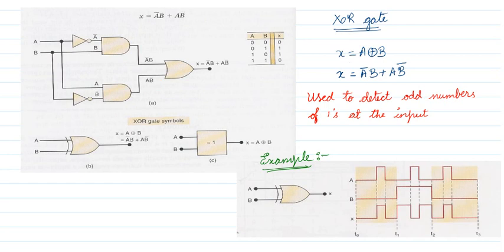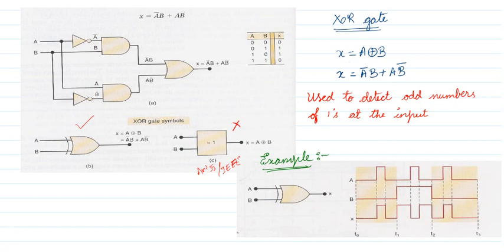This is the XOR symbol, and it should be very clear. It is nothing but an OR gate with a curve before it. We have this symbol, and only then is this the XOR gate. This is another XOR symbol, used in ANSI or IEEE. But in most of the textbooks, we follow only this symbol. This one we will be using only for research purposes.